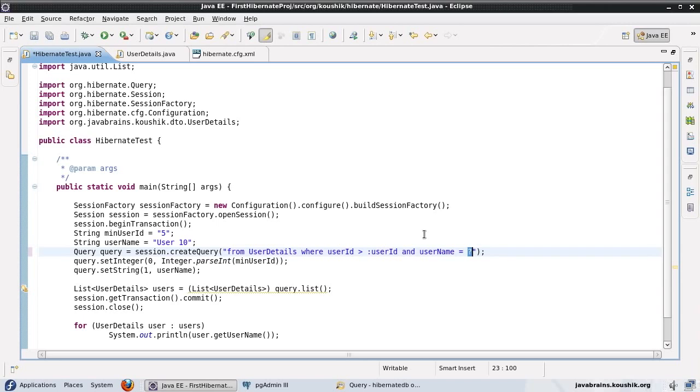So I'm going to put another placeholder here called username. So the way I put a named placeholder is by using a colon and giving it a name. So now that I have two named placeholders here, I can set these two parameters to the names without having to worry about where the placeholders actually are and without having to worry about the position of those placeholders. So now if you look at this query.setInteger method,